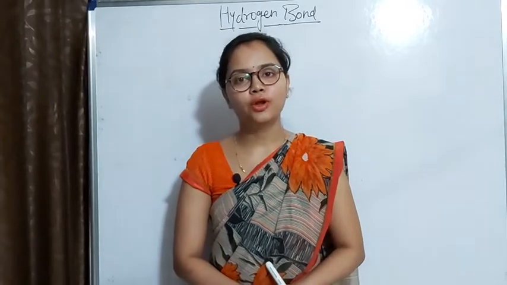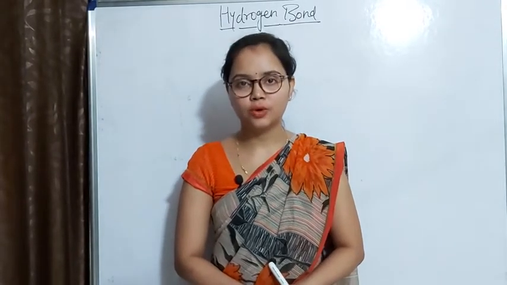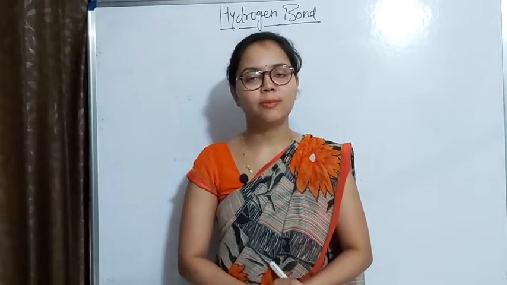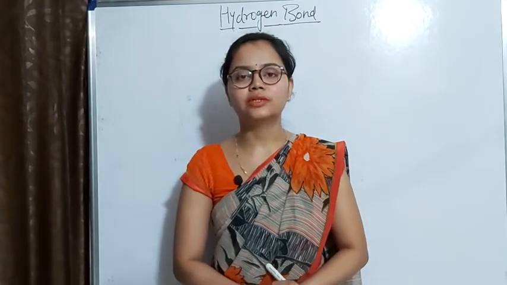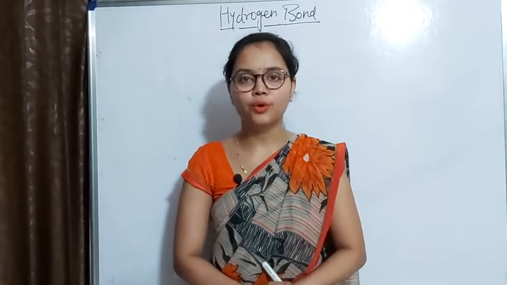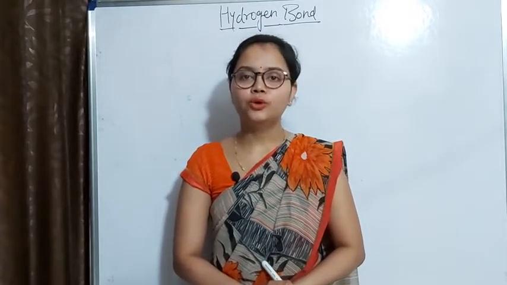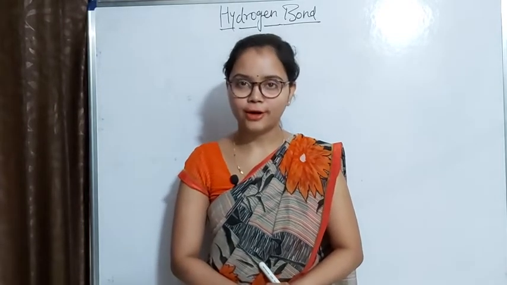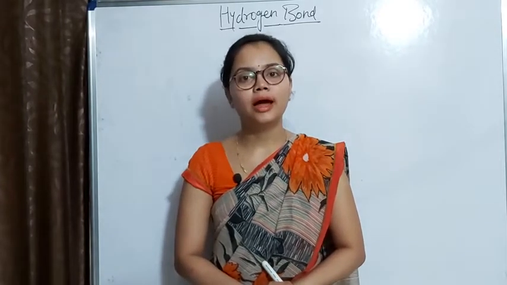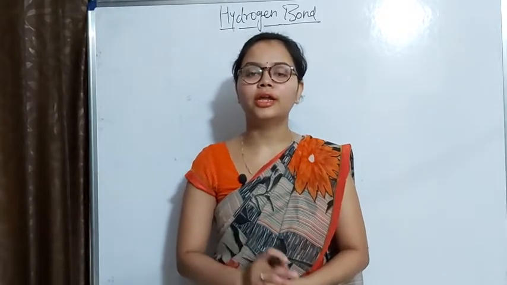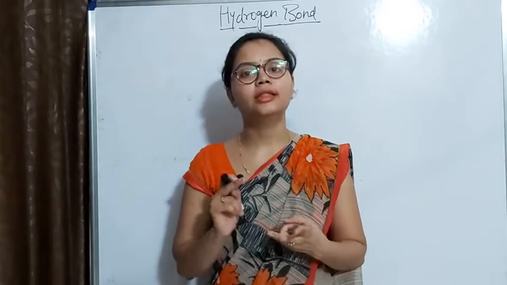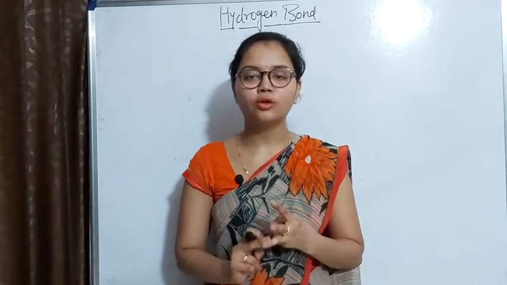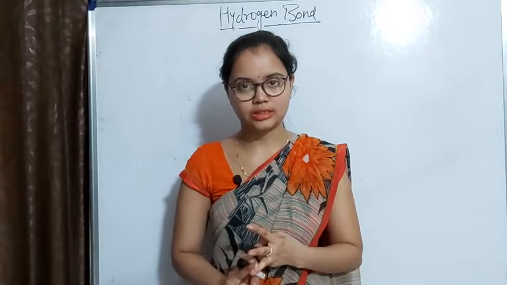Dear children, as we all know, we are discussing the fourth chapter nowadays, chemical bonding. In this chapter we have already discussed many types of bond, like electrovalent bond, covalent bond, coordinate bond, right? So in today's video also we are going to start a new type of bond, that is hydrogen bond. In hydrogen bond we will learn the introduction of hydrogen bond, then types of hydrogen bond, and lastly the influence of hydrogen bond on the properties of substances, okay?